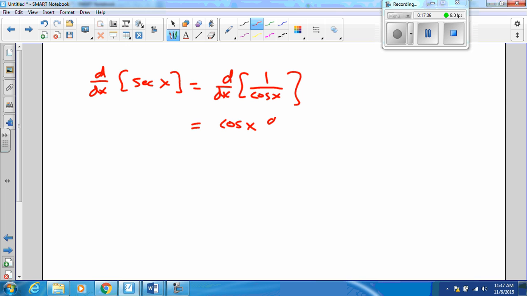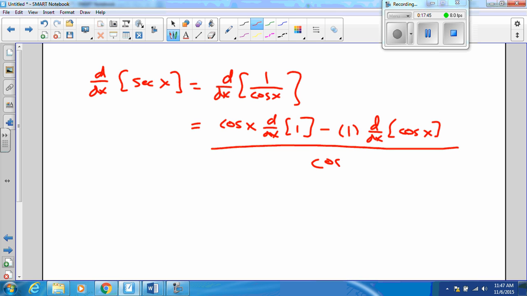Okay. So low d high, less high d low. Long line down below. The denominator squared will go. Let's kind of turn it into a jingle almost. Denominator. Even though it's 1 over cosine, the denominator is just cosine x, or would it be 1 over cosine? So the denominator is the bottom fraction. The numerator is the top.